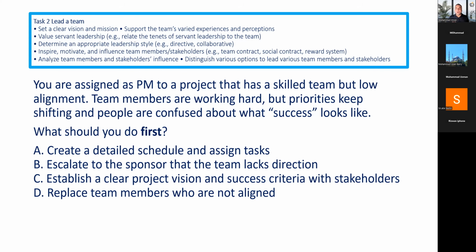How we will reward the team, how we will motivate the team, how we will recognize the team's efforts, those things will be defined in the resource management plan. The resource management plan contains what type of resources we need, what will be their prerequisites, what will be their training requirements, what will be their rewards and recognitions, and how we will be controlling the resources. And while working with the team, we need to understand how the team and other stakeholders can influence the project. So work in collaboration with the stakeholders to understand what is important and what to be prioritized so you can finish the work in a better way.